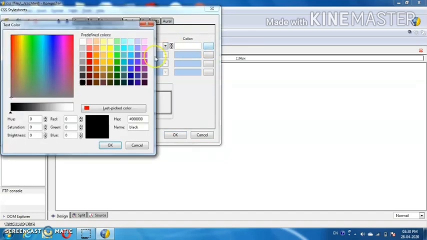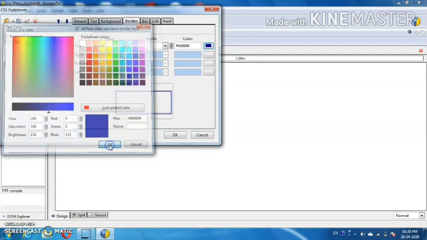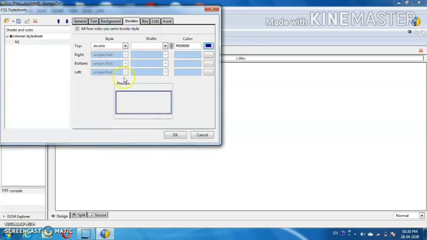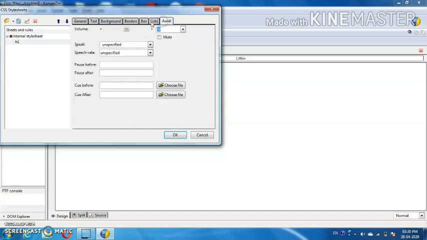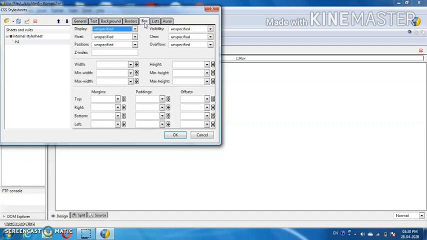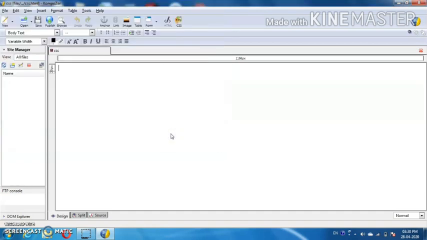And width. If you want to change the width, you can change over here. If you want to change the color, you can select any color. I'm going for box, list, overall. In this way, you can select any of your favorite things, wherever we can change. Now I'm going to click on the OK button.